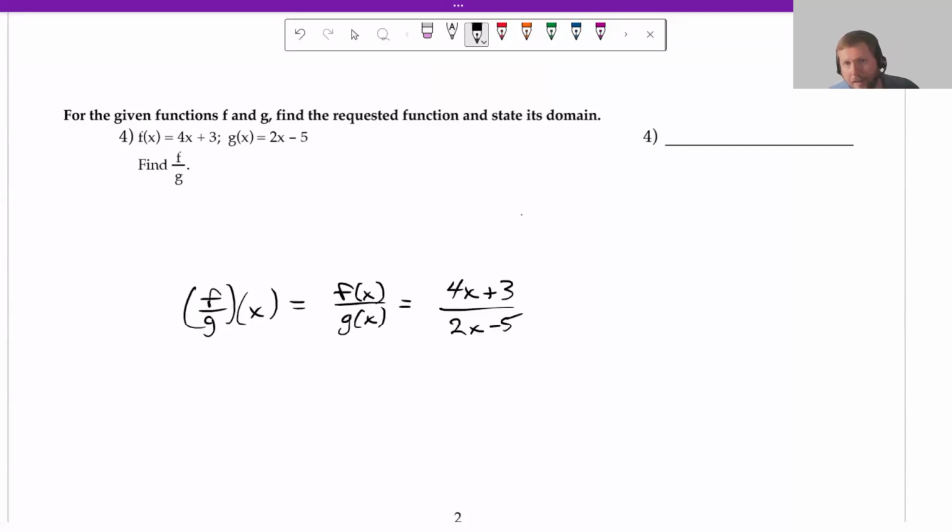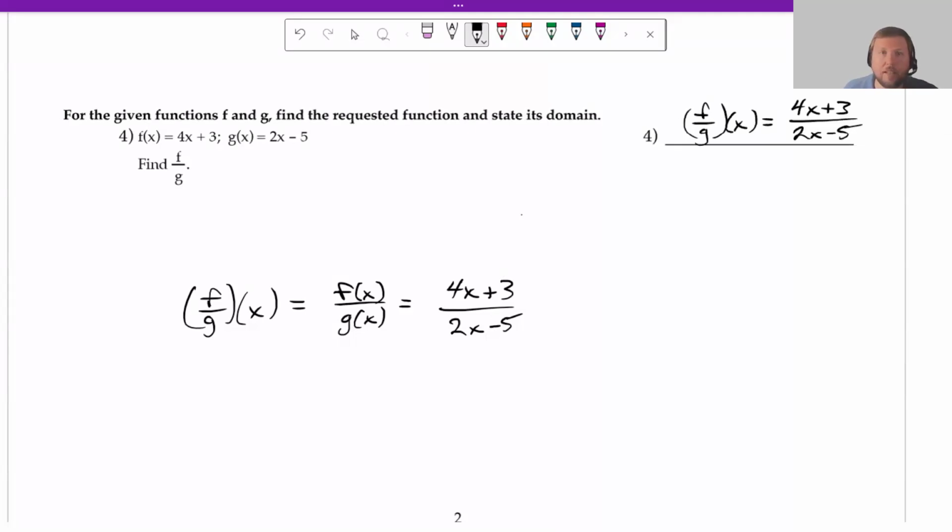Now, if I factor these, so if I factor like a 4 out of the top and a 2 out of the bottom, I'm not going to get anything other than fractions over here. I'm not going to get anything that cancels down. So this is it. That's the function. So that's the first part of the answer. So f over g of x is 4x plus 3 over 2x minus 5. Nothing else